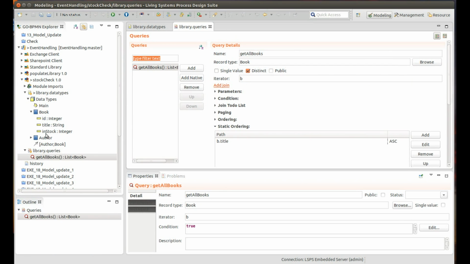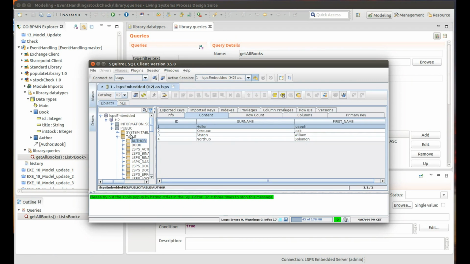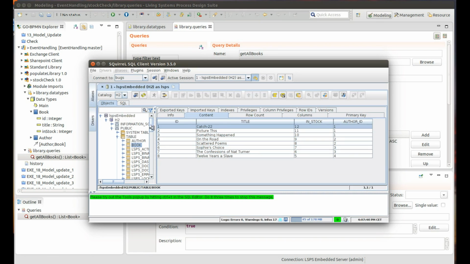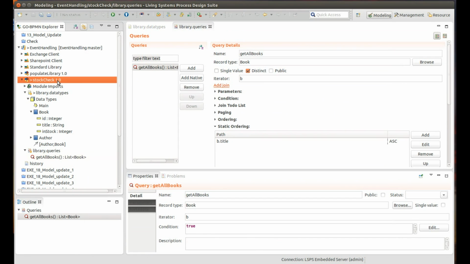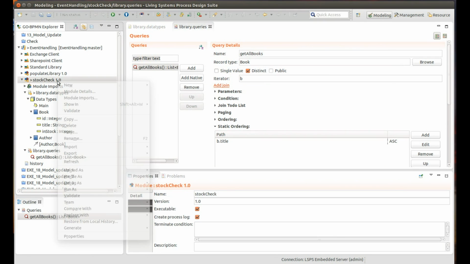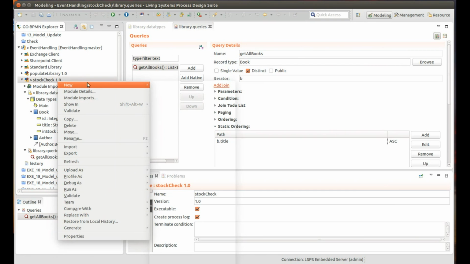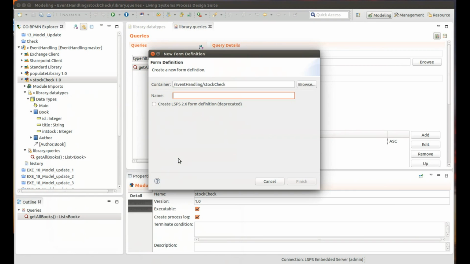Here you can see that the database is already populated with some data based on the data model. Let's create a form that will allow the user to pick a book and display data on the book's stock quantity. If the quantity will be less than some amount, we will allow the user to restock. First, we need to create in the module a form definition that will hold a form. Let's name it